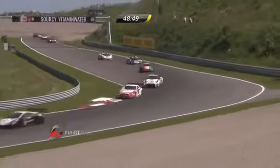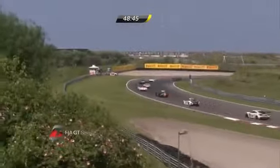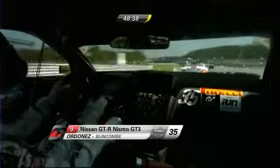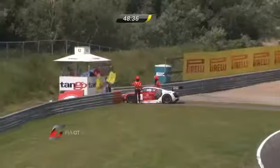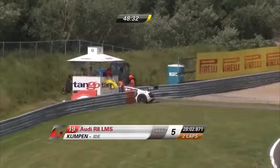That's the right-hand corner that goes onto what is now the modern Zandvoort racetrack. Yellow flag still down at turn 7 for Anthony Kumpen's car. Hasn't been cleanly removed to behind the barrier, so again an opportunity to overtake. There the car is now getting removed cleanly, and then the yellow flags can be removed and a green